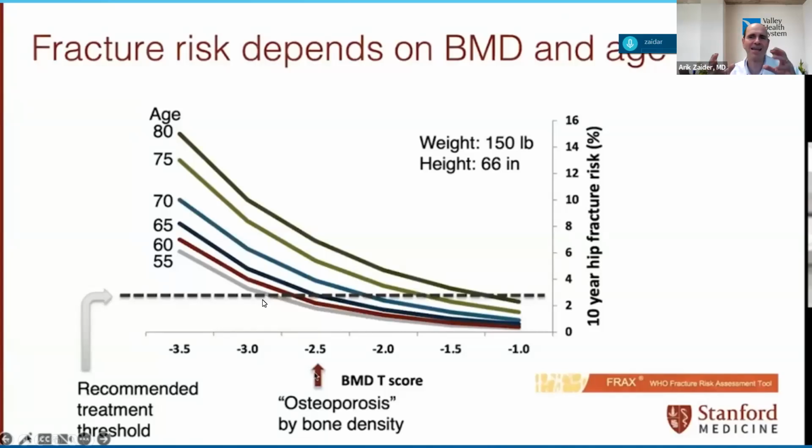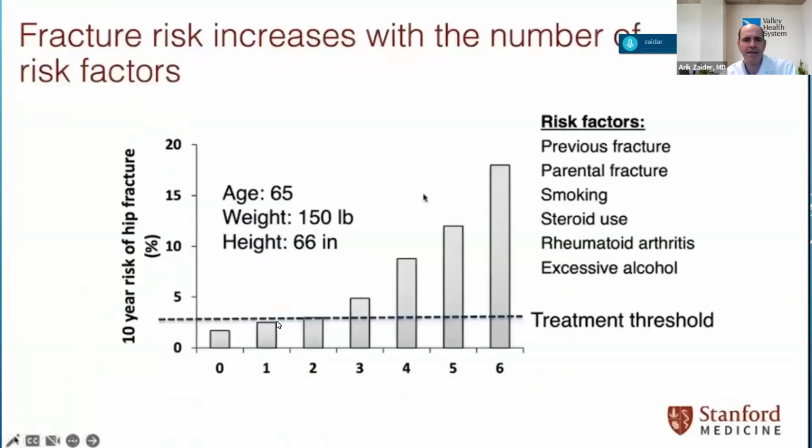So what I'm trying to say with all this complicated demonstration is it's not just about the T-score. It's really about the risk factors. And you have to combine the two to come out with an assessment of what's going on. And each case is different. Again, this is just another graph to show you that as you add on risk factors, some of the ones mentioned here, your 10-year risk of hip fracture will go up. So take that into account.